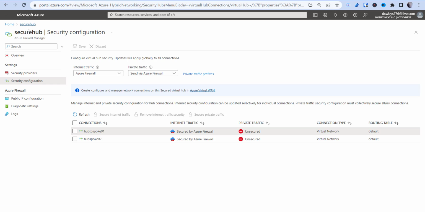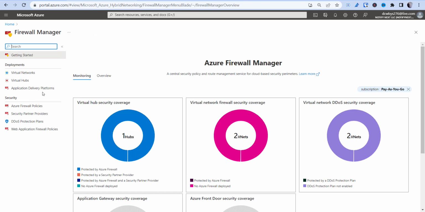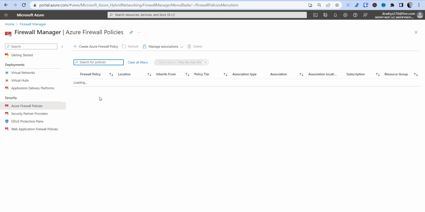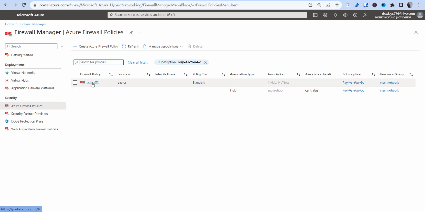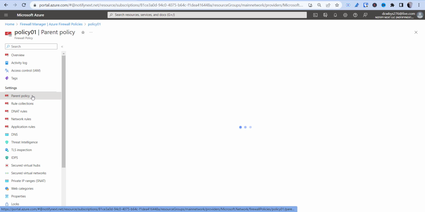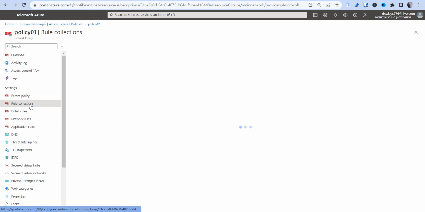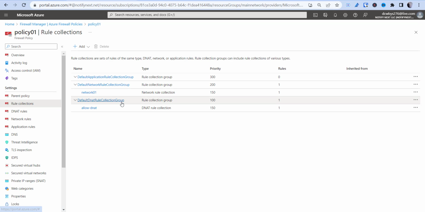So let's take a look now. We can actually go back into the Firewall Manager, and we can add some additional rules if we wanted. So we want to go to Azure Firewall Policies. Let's go to Policy 01, the parent policy, and we should be able to see rule collections. So we got our default network rule collection, default DNAT. We're going to add